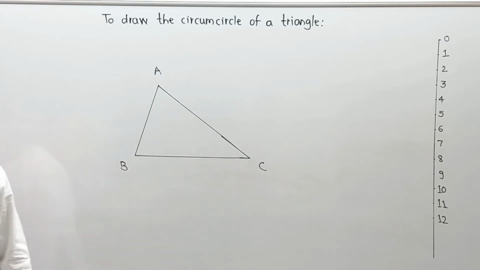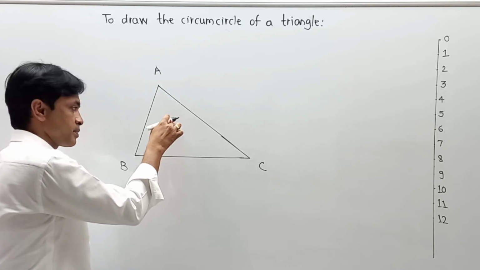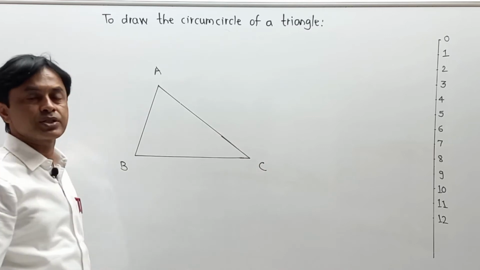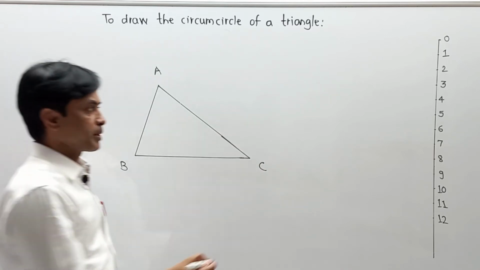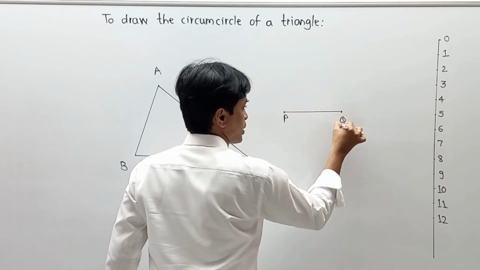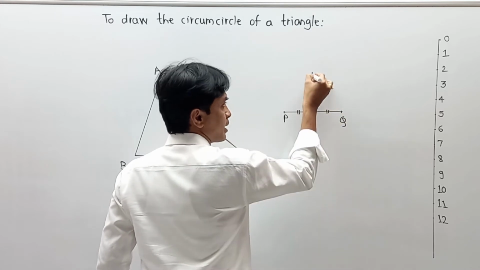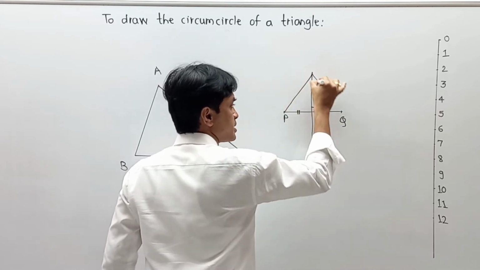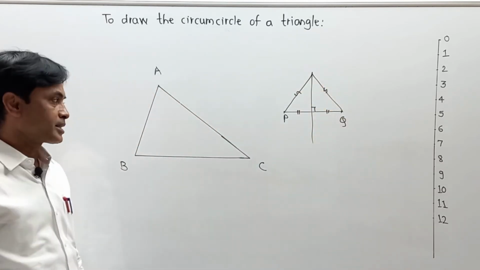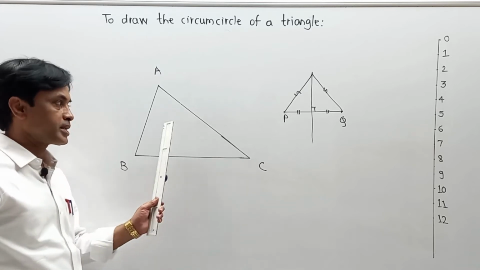Now in that case, your main question is, if we are able to get the center of the circle, then what is the radius? From that point, the distance to A or B or C is equidistant, because we know one fundamental principle: if PQ is a given side for you and you draw its perpendicular bisector, then every point on the perpendicular bisector is equidistant from its endpoints. Automatically these distances are equal. Naturally that will act as the radial distance, means the center and the respective vertices as a radius.